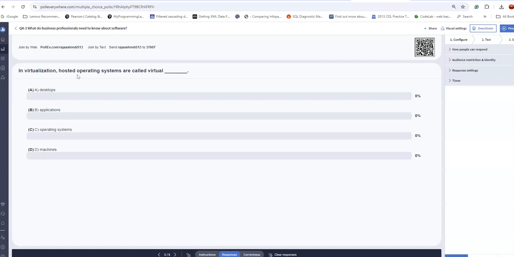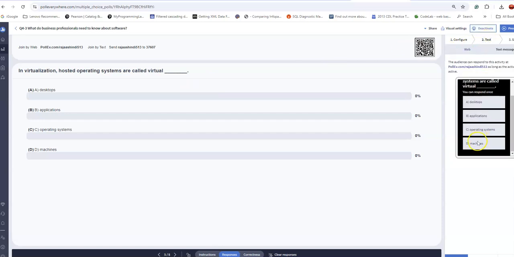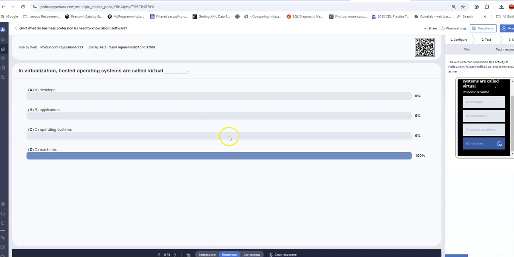You can do this on a virtual machine. You use software to create a virtual machine on your machine and install a different operating system to run. And so the answer to this question is virtual machines.